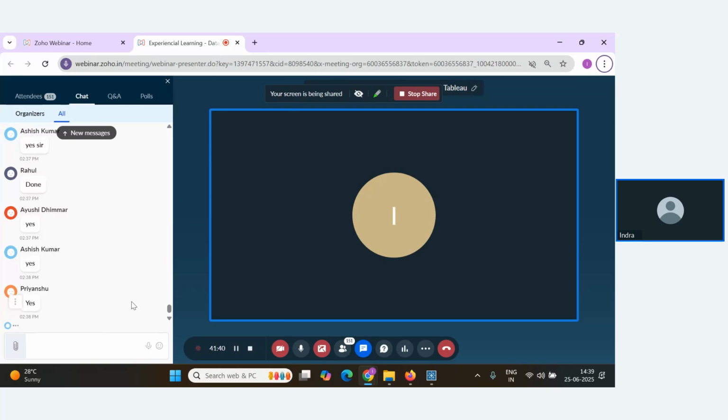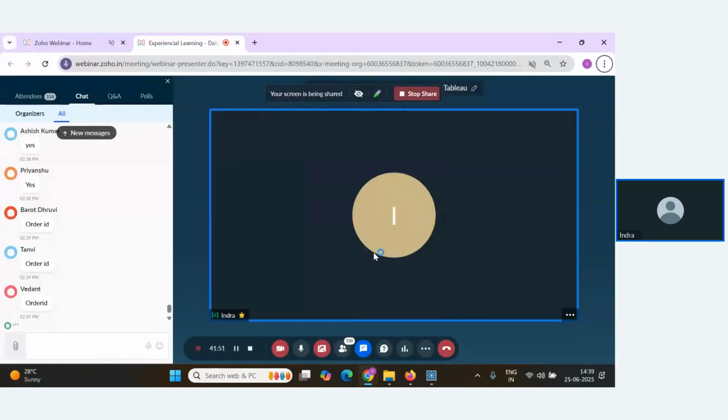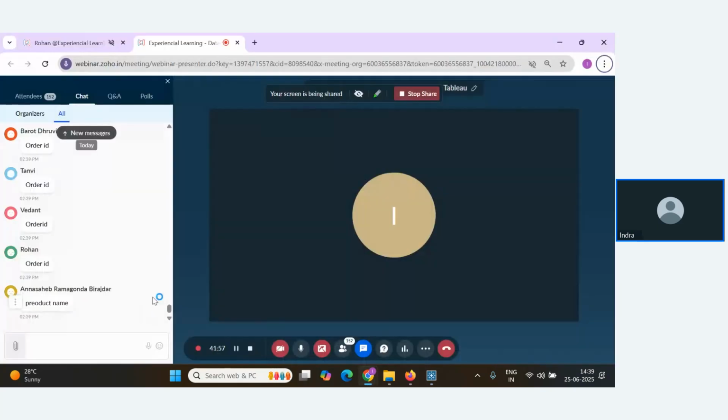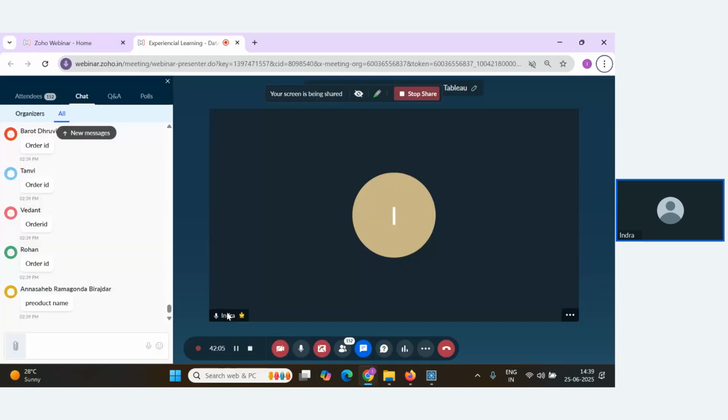We have the region table and now we have the return reason table, correct? Based on which field can we join the two tables? Somebody is saying we can join with the product name.